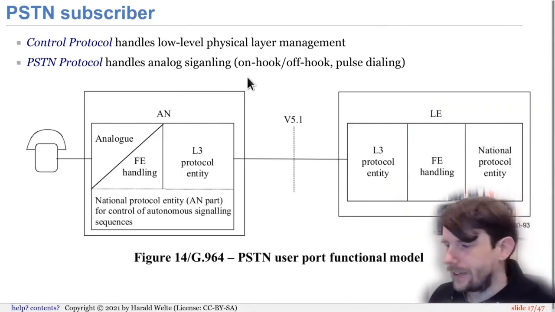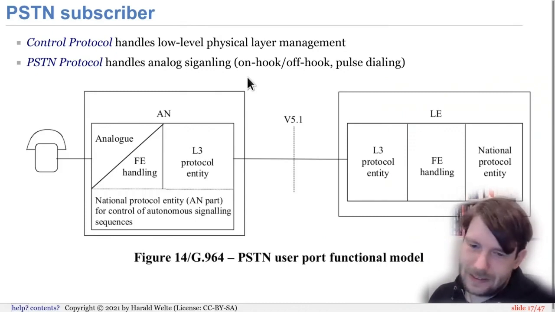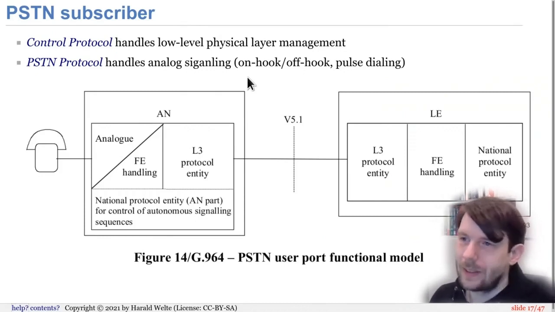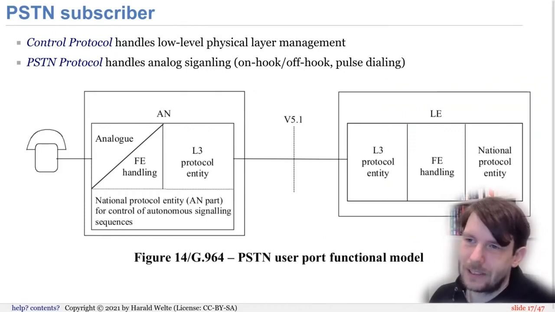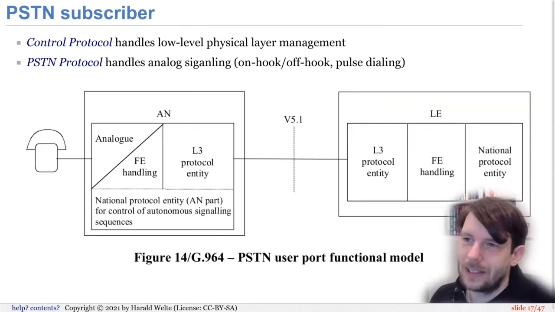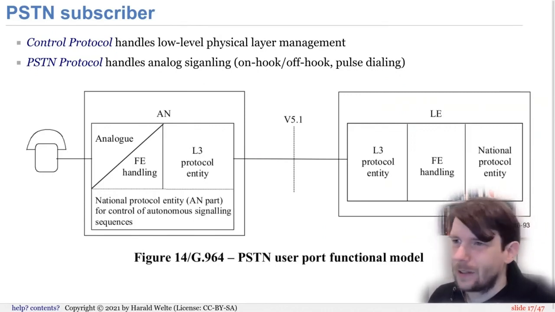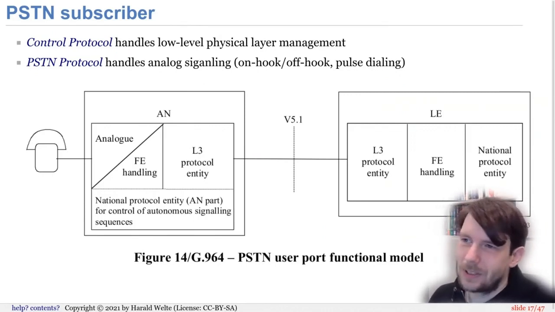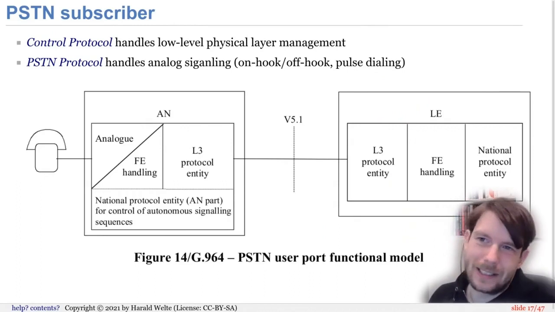So if the subscriber takes their phone off-hook, then that must somehow generate an event that the access network detects due to the impedance change on the subscriber loop. And it creates some kind of layer 3 protocol signaling message to the local exchange to notify the local exchange that the line has just gone off hook. And then the local exchange must put the audio samples into the B channel for playing a dial tone, for